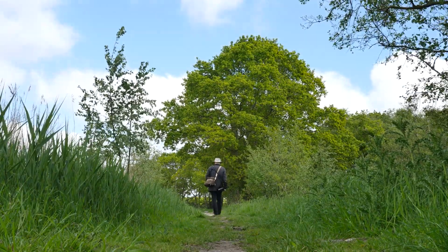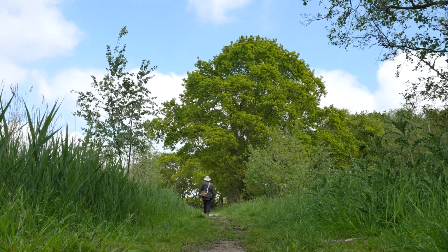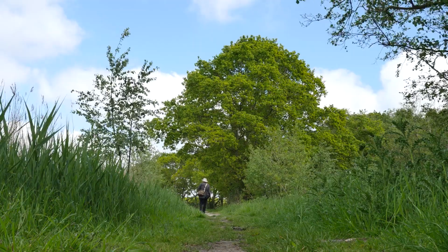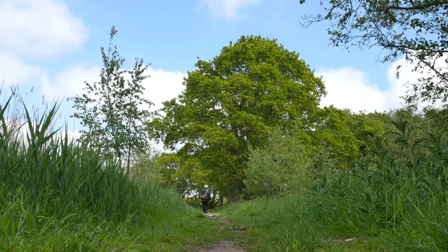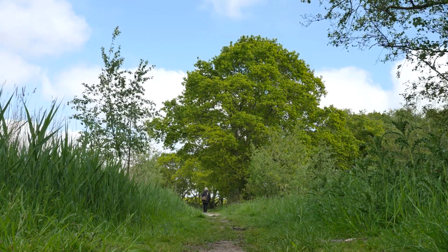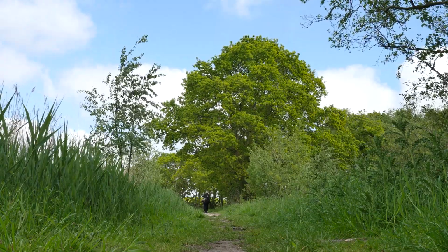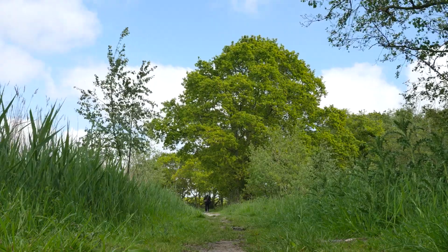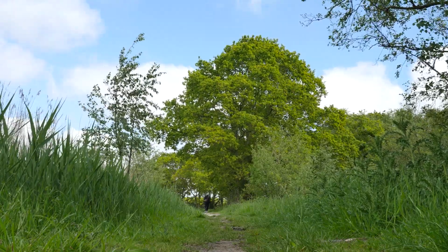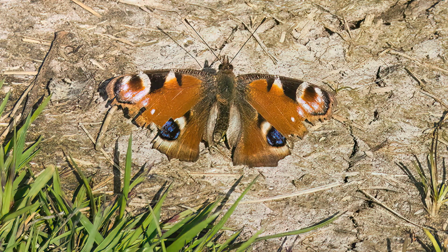All I can say is that things do get better as the video goes on, so I hope you do keep watching and enjoying the birds, animals and the scenery that's about to come, as spring is, well, summer's almost here. Spring has sprung and summer's on its way, so lots more to see, including this butterfly, which was the